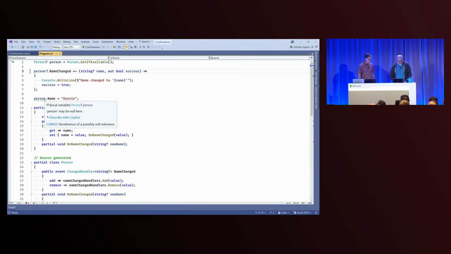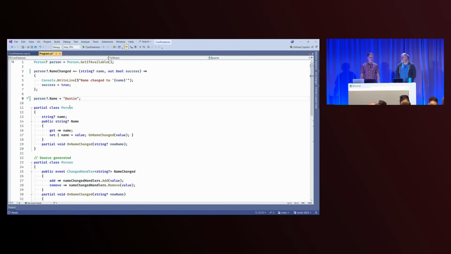But that also means that down here, I can shut this warning up by doing the same thing, just putting a null check in. Yes. And the compiler does this very, very efficiently. So yeah, properties, events, it'll work on all of those. Yeah. So what else? Well, there's a couple other nuisances here.